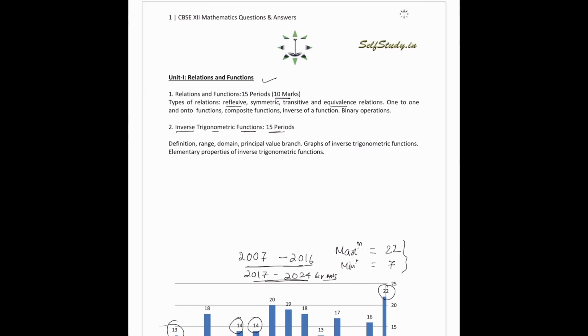About marks distribution. Let's recap about it, relations and functions. Maximum marks asked were 22 in a year, and that year was 2016, and the minimum was 7 marks. So this is the average marks distribution. We discussed a few questions' solutions. Now let's resume our discussion from